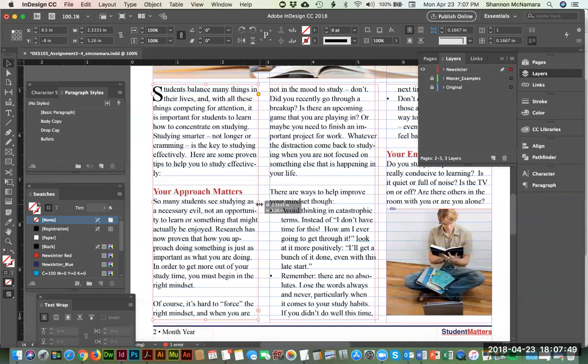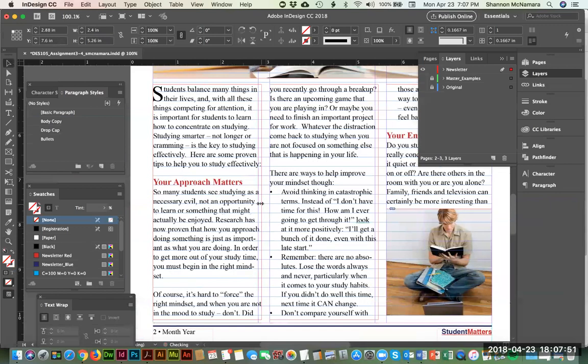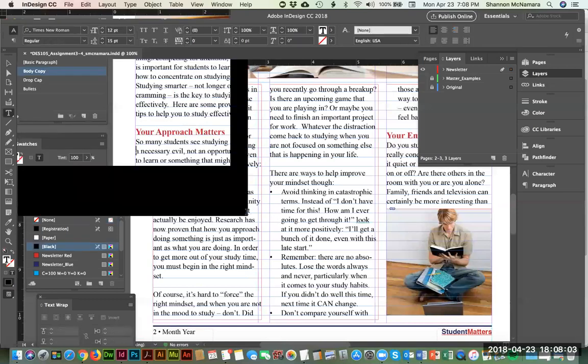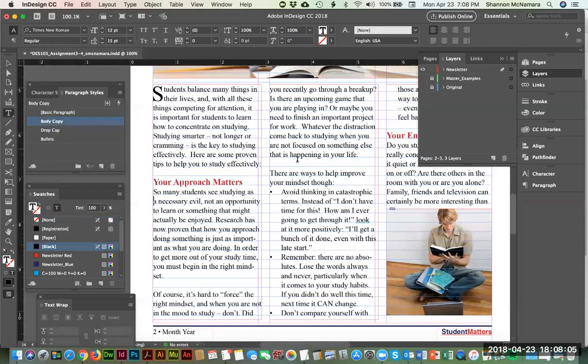So let's open that up a little bit, and maybe manually move a couple of things down. I'm using shift enters just to fix